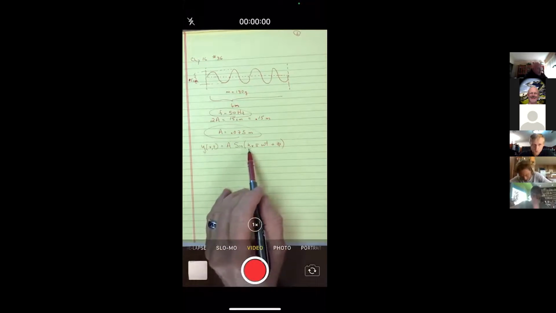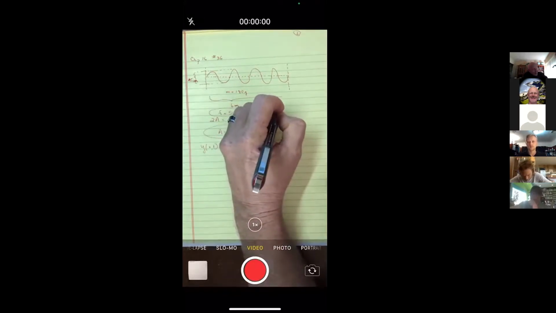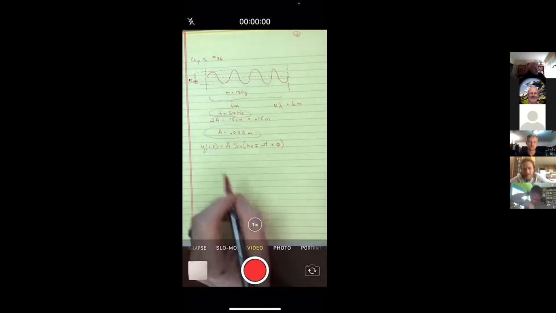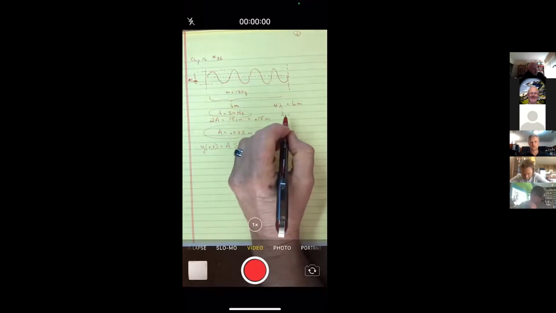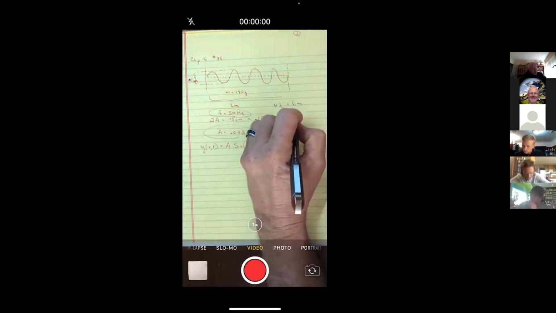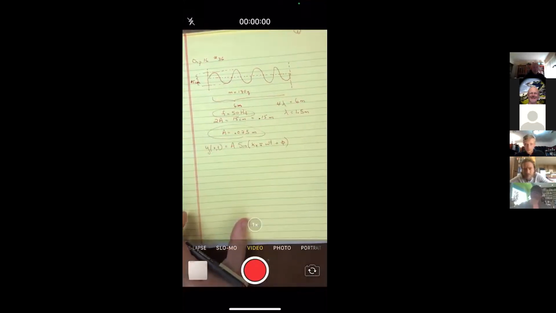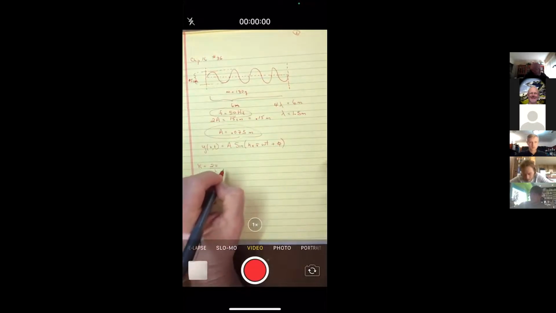Let's go with the K value. Now, to get the K value, I need the wavelength. I guess I didn't write it up here, but 4 wavelengths would be the 6 meters. That's why they asked me to draw in 4. So that means 1 wavelength would be 1.5 meters. So the K value, the angular wave number, is 2 pi over the wavelength,